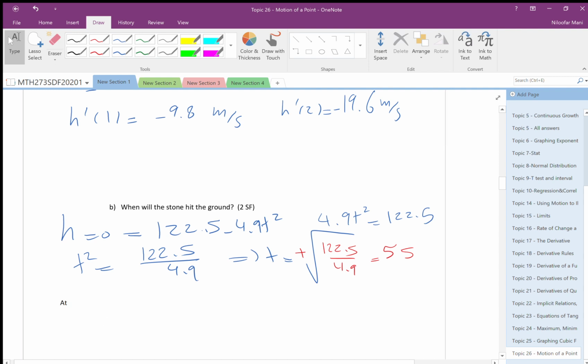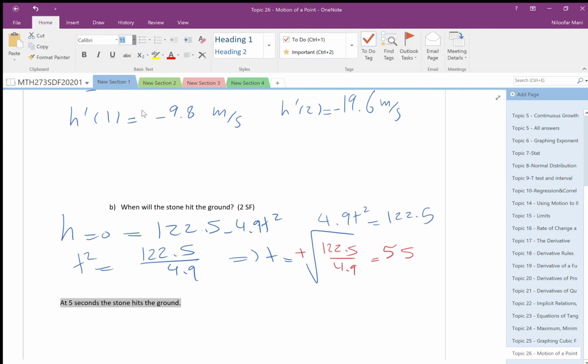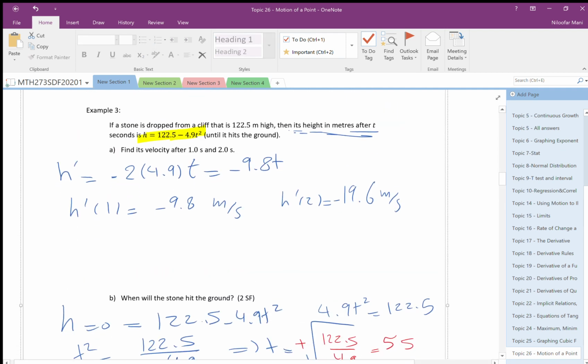So at 5 seconds the stone hits the ground. Okay, I can change that, and I can go here, I do this, and I do this. And here you can write velocity is,